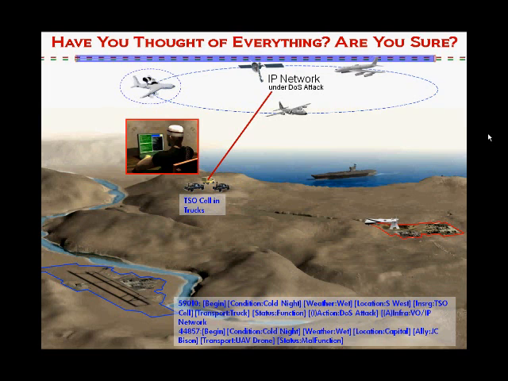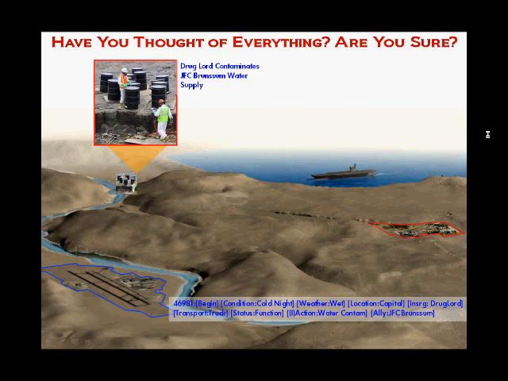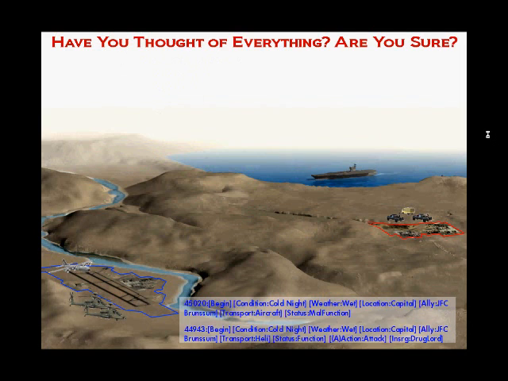The UAV drone malfunctions due to loss of communication and crashes into a poppy field. In the third scenario, Joint Command Bison sends a search team to locate the UAV drone and discovers the poppy field. The search team destroys the poppy field. In the fourth scenario, the drug lord, unsure of which base initiated the poppy field attack, counterattacks by using a functioning truck to contaminate the JFC Brunsum water supply.